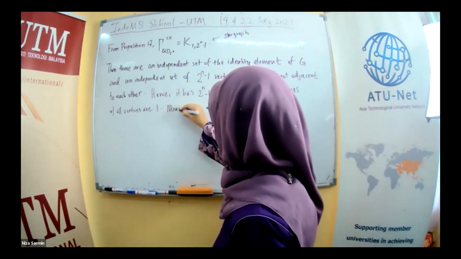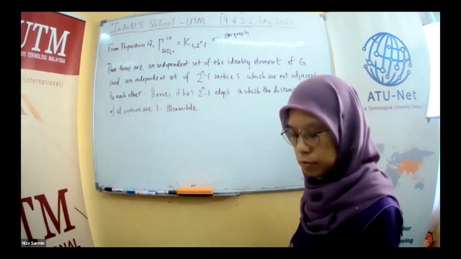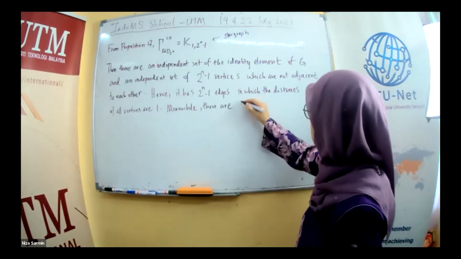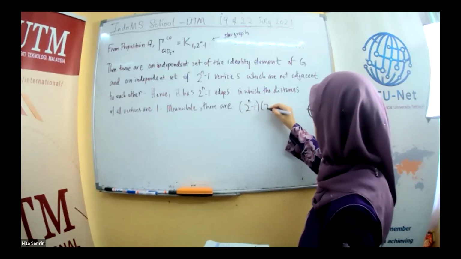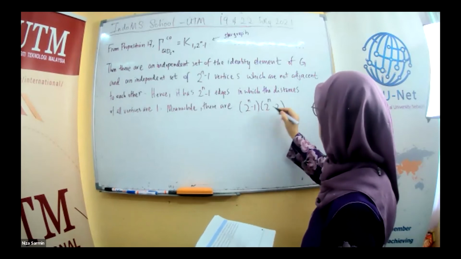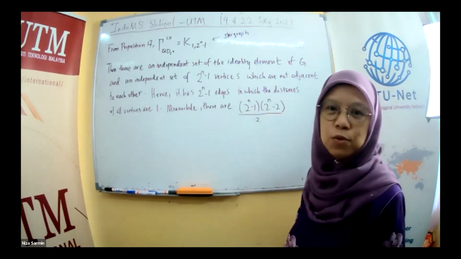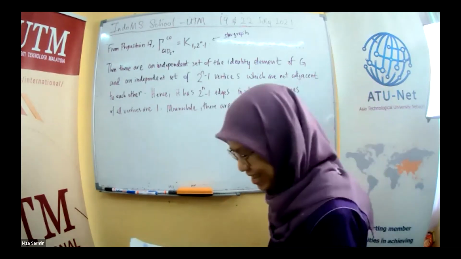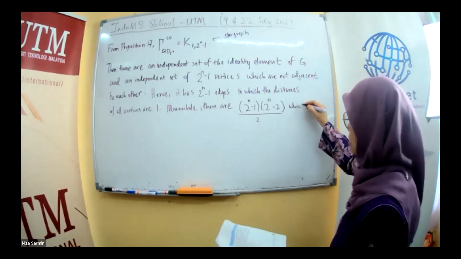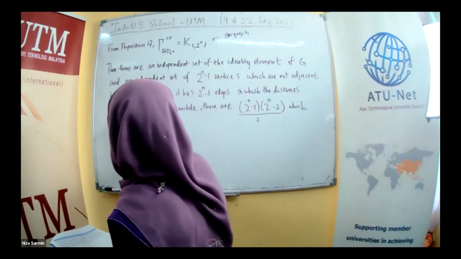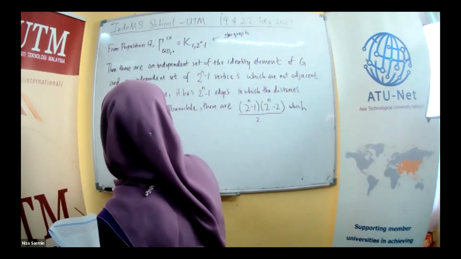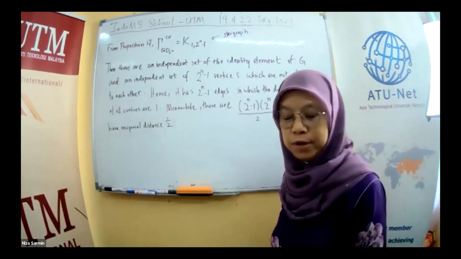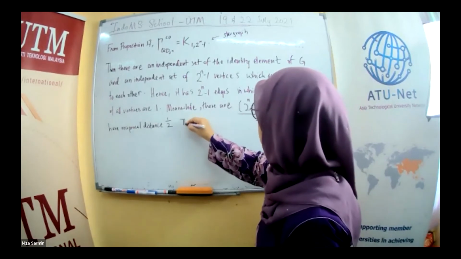Meanwhile, there are (2^n - 1) times (2^n - 2) over 2. I have to ask Nidia how I get this formula from the complete graph, which has reciprocal distance half, right? For the complete graph. Therefore,